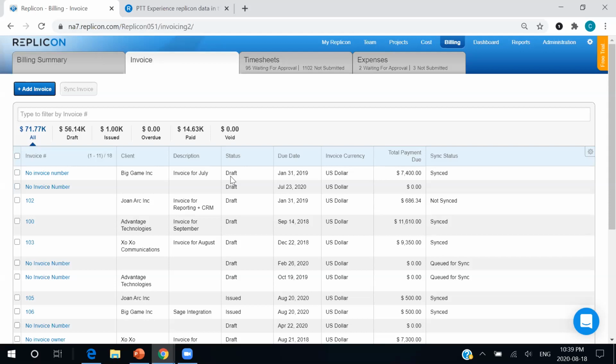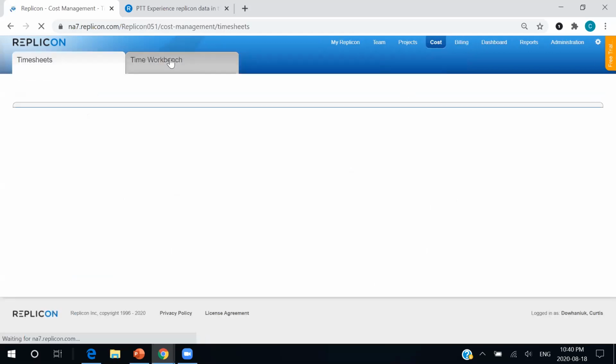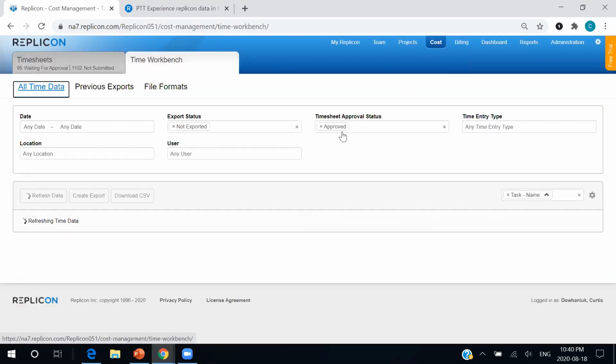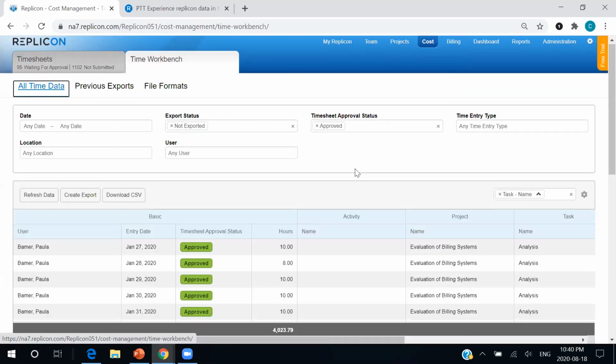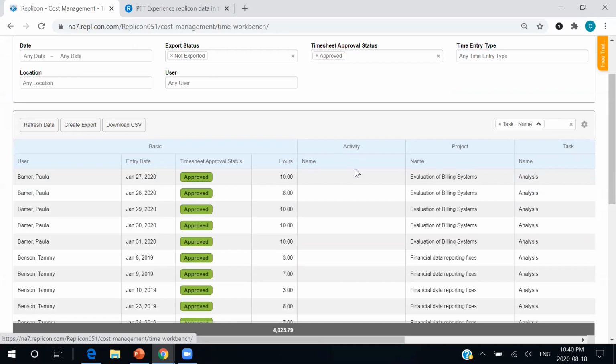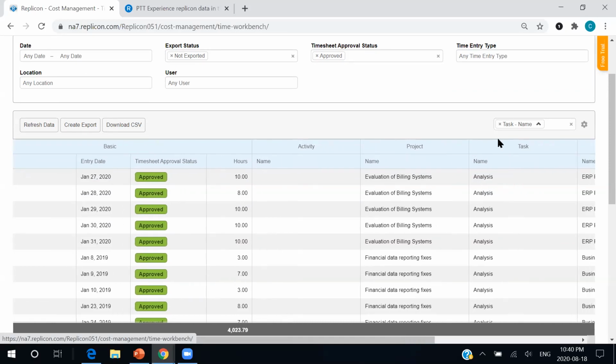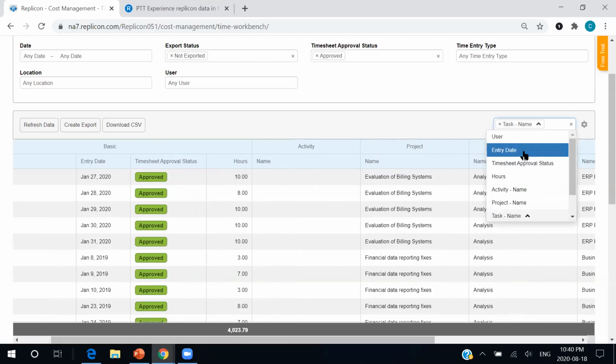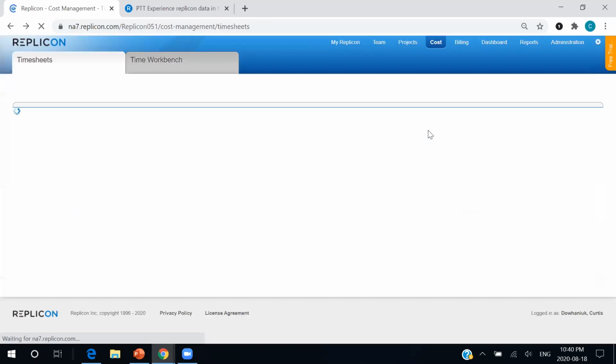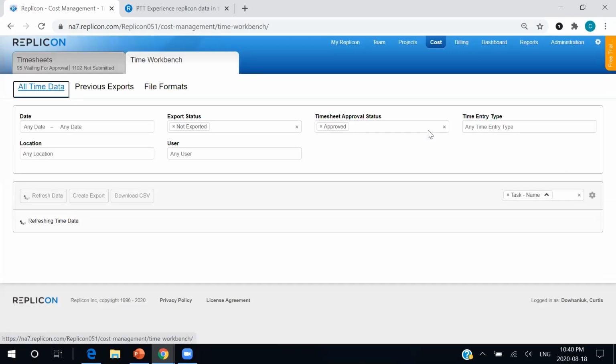But not only is it useful to be able to bill from the platform, we also need to understand how our time is being spent. And that is done through the time workbench. There's a couple of different instances where this comes in a lot of use. One is if you're doing chargebacks and just understanding where specific tasks were done within your organization so you can charge the correct department. Or if you're looking for an R&D tax credit, the guidelines that you need to submit are so stringent, and you need to make sure that you're logging every single second of your time, because there's only specific tasks and projects that will be able to be claimed on this R&D tax credit. So here you can sort through all the appropriate metrics and find exactly what hours are claimable and which ones are not. So you have, again, full control over your time.